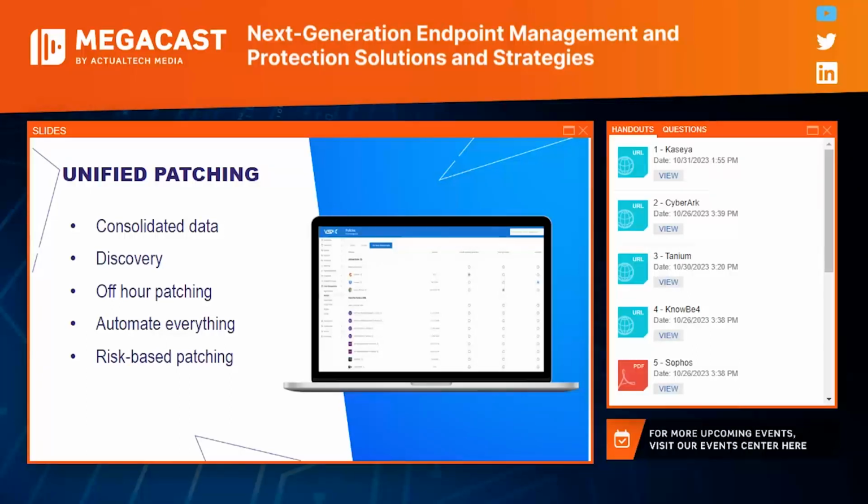We've got sort of two models of patching. We've got our desired state patching, which you can see here, where you just tell us what you want to happen and we'll make it happen. And then we also have policy-driven patching, which allows you pretty much unlimited granularity to suit your unique business's needs. And finally, risk-based patching as well.